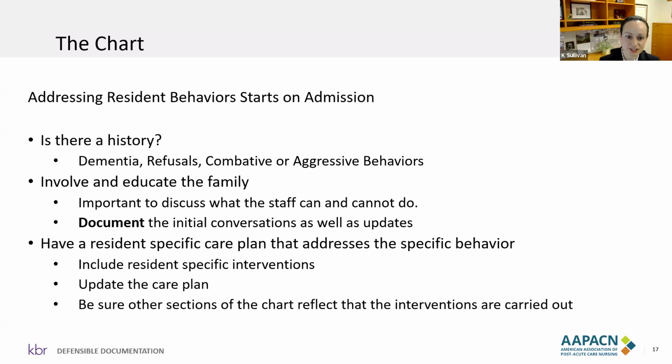And so we have to educate family on the fall risk and what staff can do, but also what we can't do, right? What is common sense to us in the industry is not common sense in the general population. The concept of physical restraints, chemical restraints. Why can't you just use a seatbelt on the wheelchair to make sure my mom or dad doesn't get out of their wheelchair? We have to educate family at the outset what is allowed under the regulations and what isn't allowed.